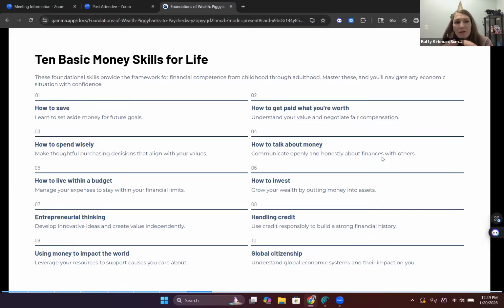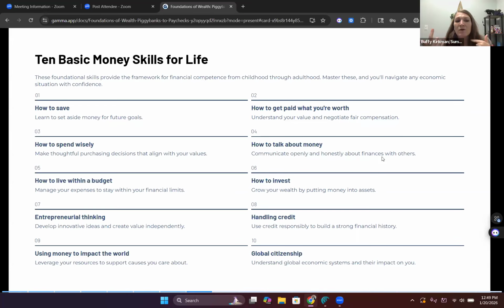Okay, so you will get these slides afterwards, so I will make sure that everyone gets them so you don't have to write them all down. But these are the things that we're going to talk about with each age range: how to save, how to spend, how to have a budget and live within a budget,